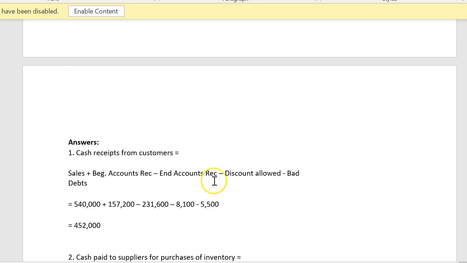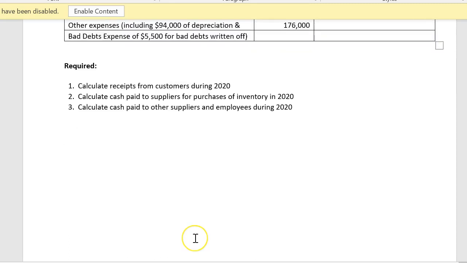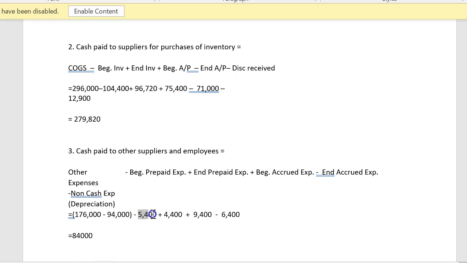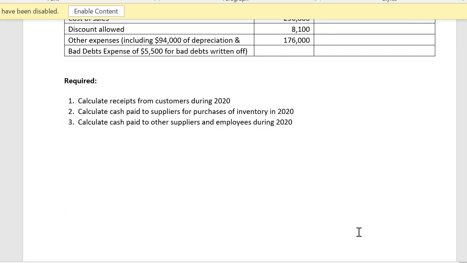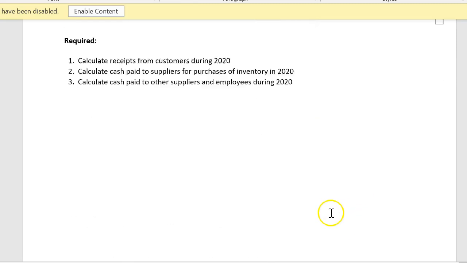Now let's check for the prepaid expense here. What's the prepaid expense? Okay, prepaid rent here. Opening balance is 5,400. And you add ending prepaid expense, which is 4,400,